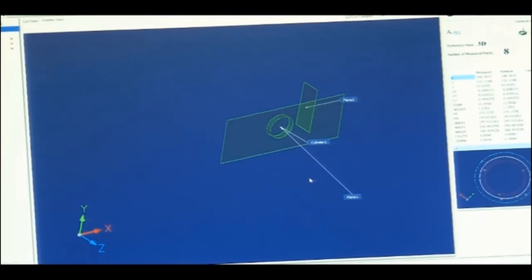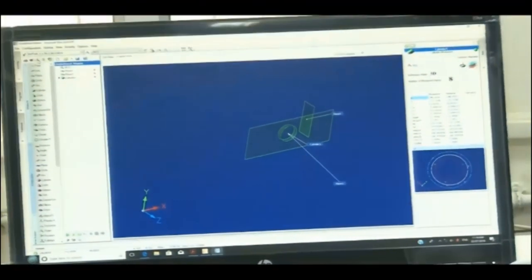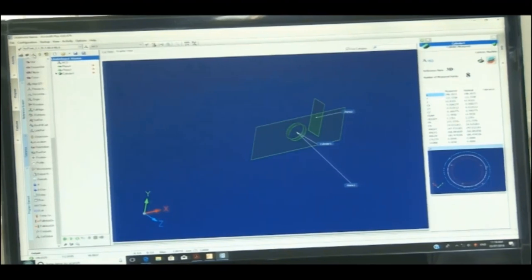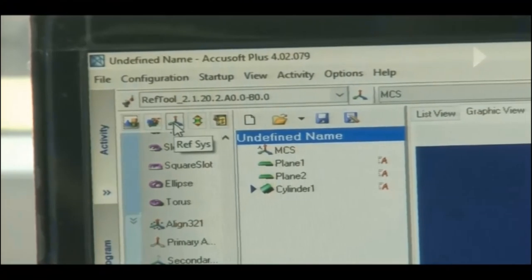Now we can set the reference system here, that is, what should be the reference point for the rest of the workpiece. So I can keep the center of this cylinder as the origin. For that, I select the reference system, and select the primary axis here.